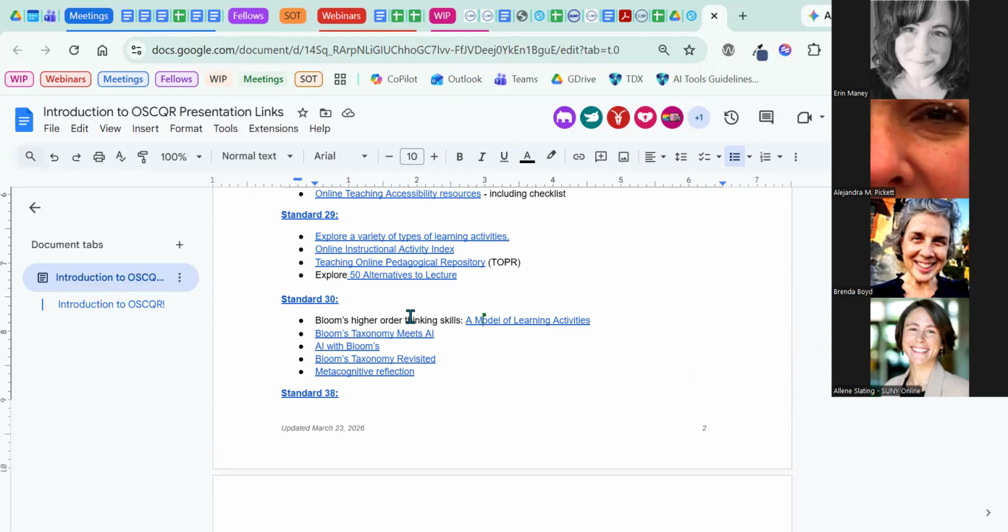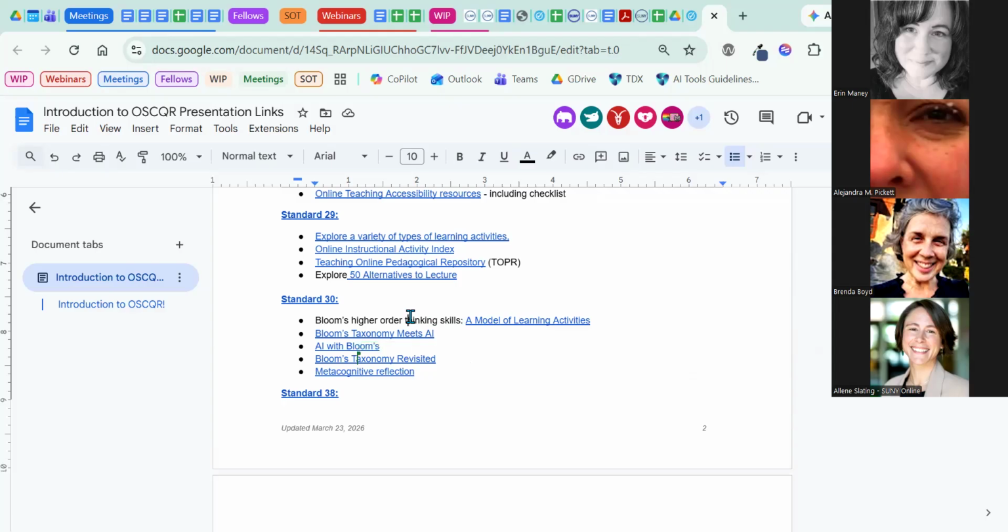If you want to evaluate, make judgments based on criteria and standards, and then hit the conceptual level, the interrelationship among the basic elements within a larger structure, you could determine relevant results and so forth.